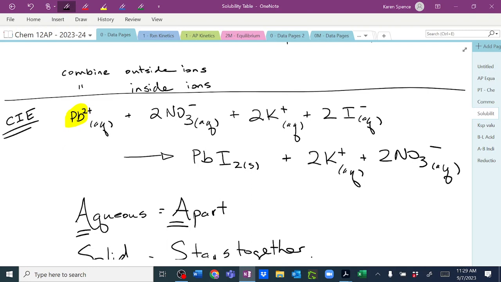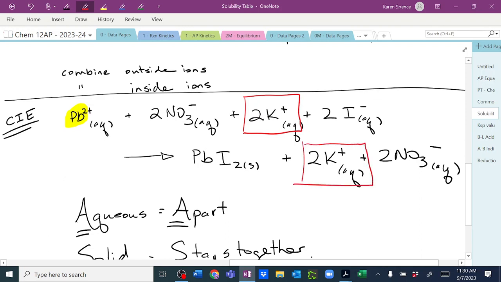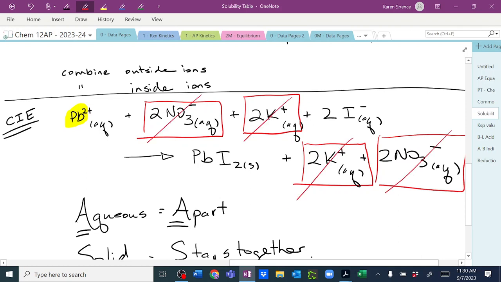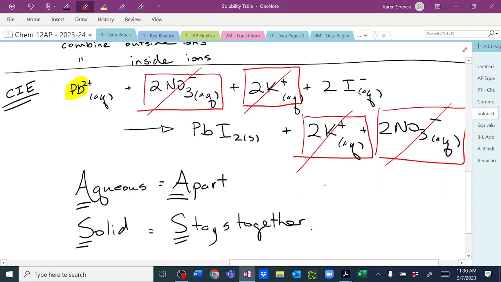So, how do we go from the complete ionic equation to the net ionic equation? We cancel out, who are we going to cancel out? The things that don't change from one side to the other side. K plus is in the reactants, and so is K plus in the products. Who else does not change? NO3 does not change. It's floating around, and it's floating around. So we can cancel those out. Yes. So now our net ionic equation